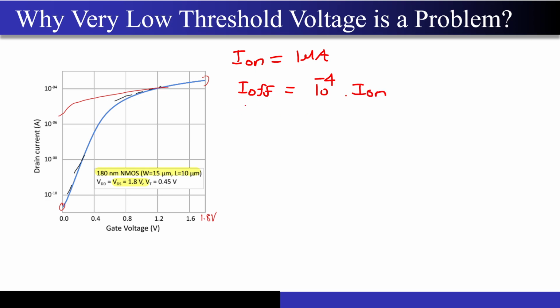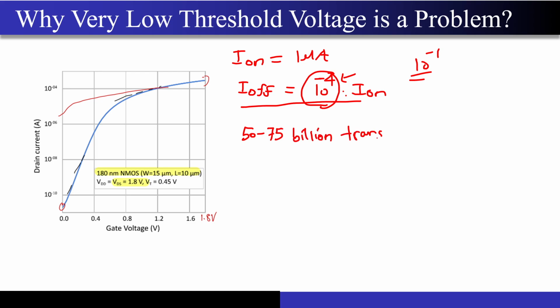At least I want this ratio to be around 10 to the power 4. Now why is it the case? Why can't I have 10 to the power minus 1? When there are almost 50 to 75 billion transistors present in NVIDIA's latest GPU,